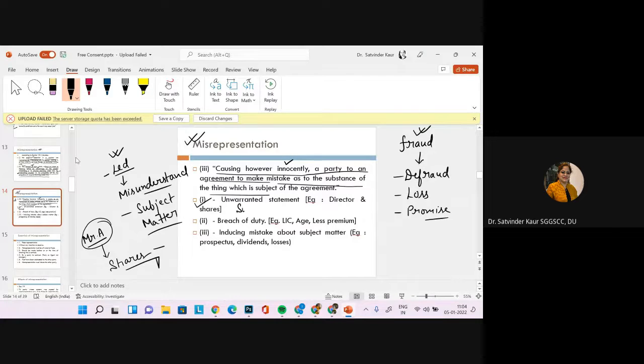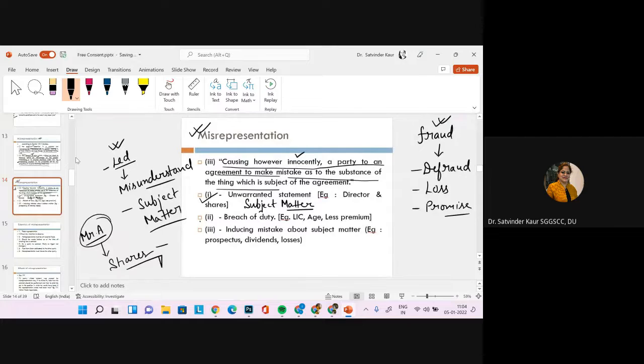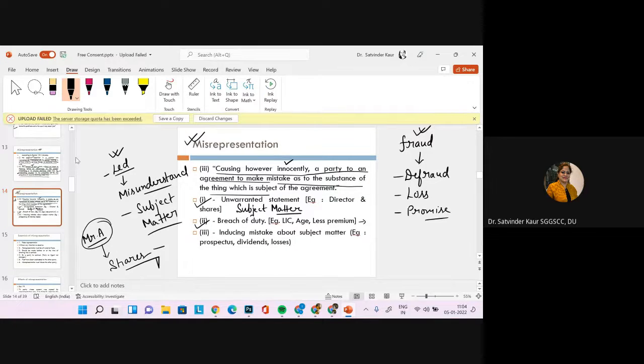So basically whatever decision and whatever information there is, it should be related to the subject matter of the contract. It should have affected your decision in entering into the contract, right? Then there is breach of duty. Whenever we are taking any kind of agreement or policy, nowadays things are streamlined wherein we have to give all the documents, etc. But if you are providing wrong documents intentionally, it is going to be fraud. Or if you are unintentionally not sharing your complete age or any particular illness you have suffered earlier, this will be considered a breach of duty.